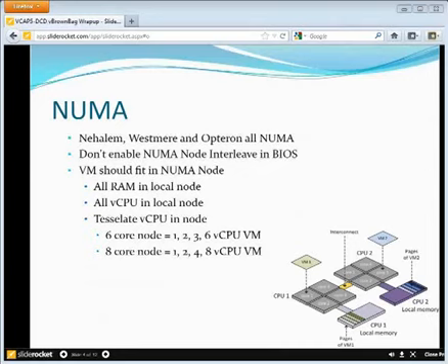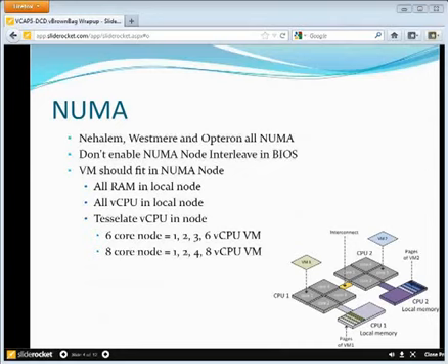When we get beyond 2 vCPUs, we have to start to think about fitting our virtual machines onto our NUMA nodes. I've made a note about tessellating your vCPUs. So tessellating is where you take a shape and you join multiple copies of that same shape together to make into a nice contiguous sheet of something. What I'm talking about here is that if I've got a 6-core NUMA node, so maybe a Westmere CPU on my ESX server that's got 6 cores per socket,